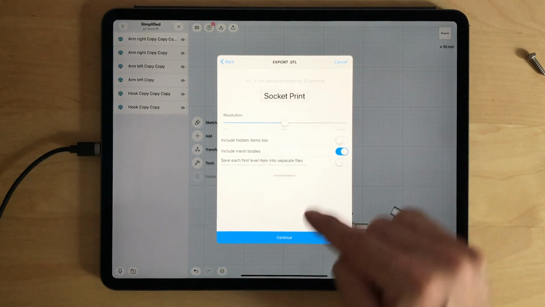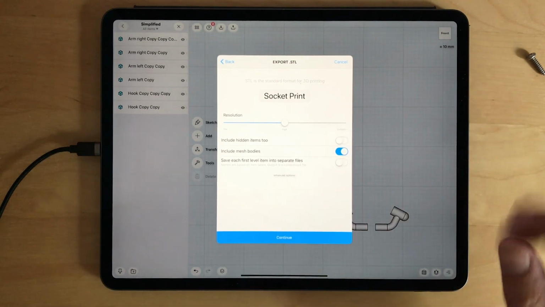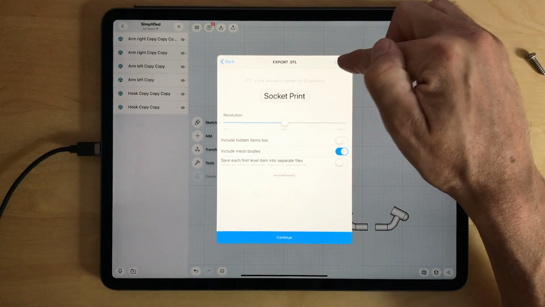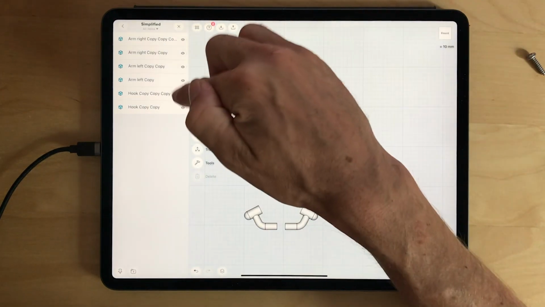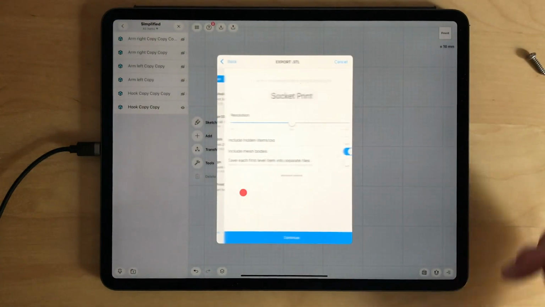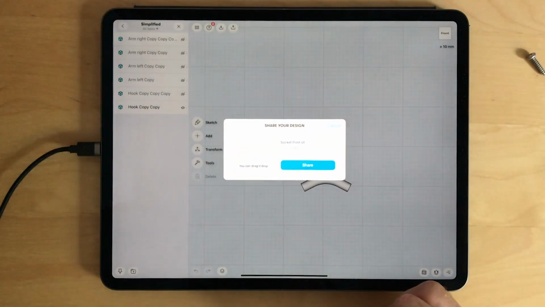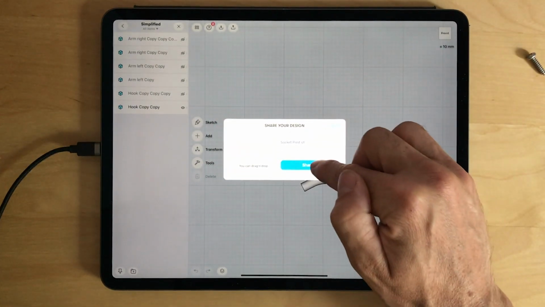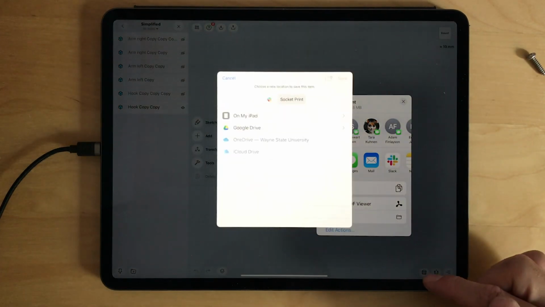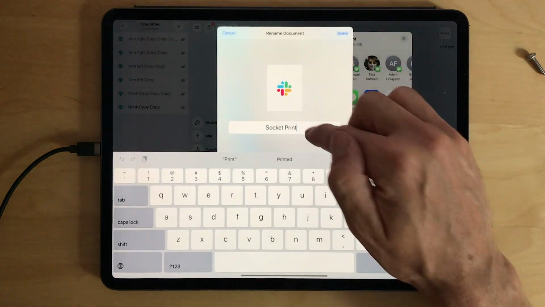And what's really nice, save each first level item in a separate file. We can even there have separate elements. I personally really prefer going simply one by one. Then I can name everything correctly. So I go continue, export STL, and go to share, go to save to files, webinar, and then I can say